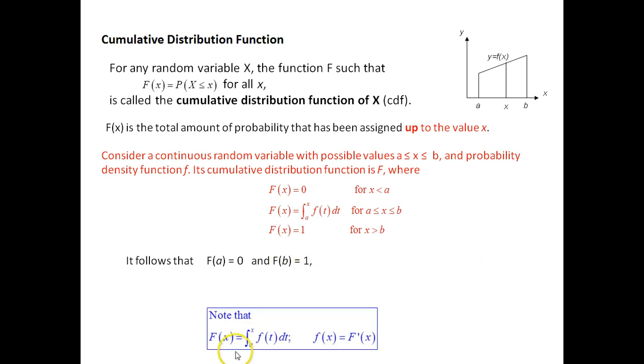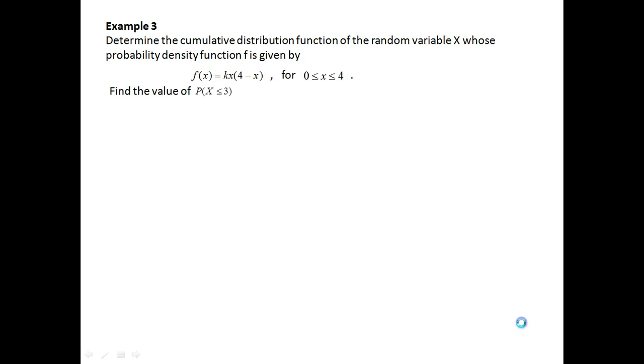Note that the integral of little f is our capital F. It follows that the differential of big F has got to bring us back to the probability density function. So the big F is the integral of little f, therefore little f must be the differential of big F. Another example, which is the same as the first one, but we are going to do the cumulative distribution function